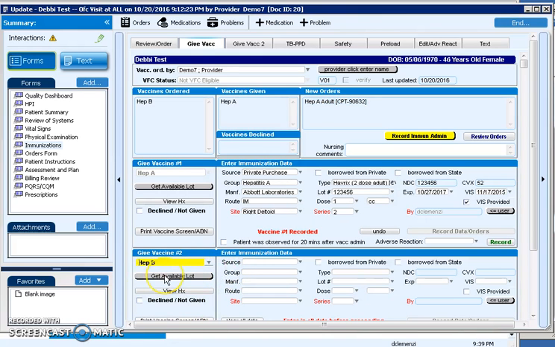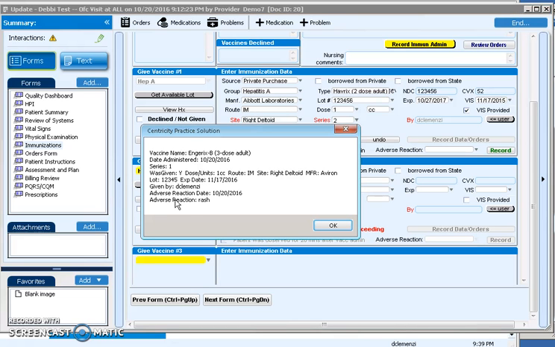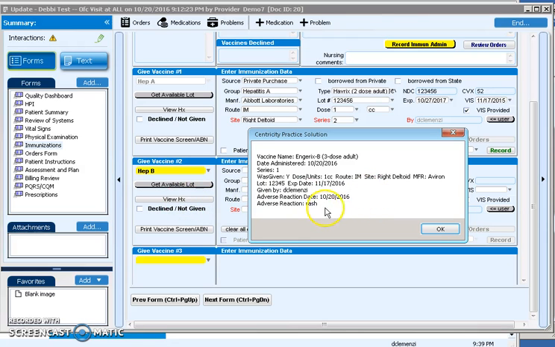Again, I need to get the available lot. Before I do that, I just want to mention there's a couple of other buttons available here. You can view the history of the vaccines. So again, we can look at the last vaccine. This was the one that had an adverse reaction. So if you wanted to look at this again and see which vaccine it was, you can do so from